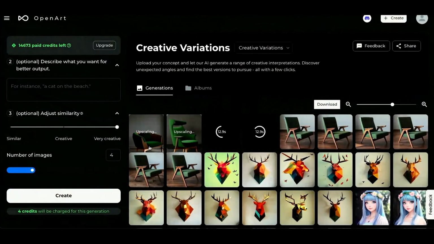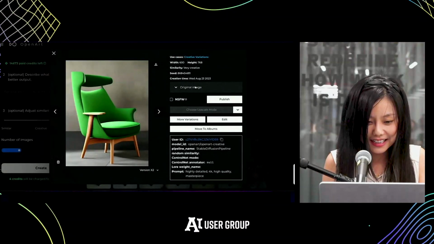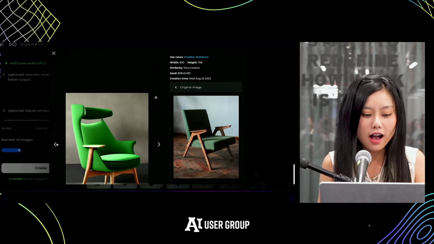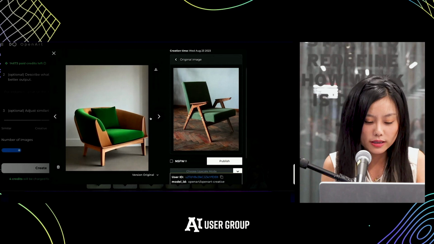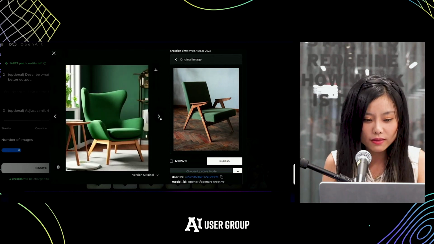So let's see what it will generate for very creative. Okay. You'll probably start seeing things not being realistic now. As you can see, compared to the original chair, these images generated by AI are way more creative.